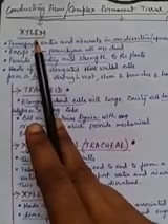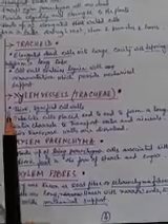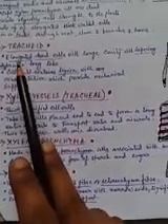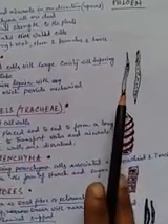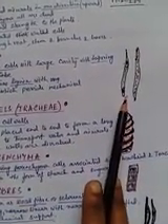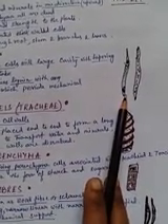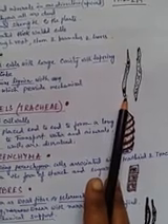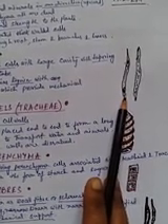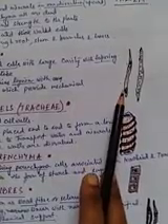I told you the characters of the xylem as well as the function of the xylem and said 4 types of xylems are there. Let me explain about those 4 types. First one is trachea. So this is the diagram of the trachea. It is made up of elongated dead cells with large cavities without any content. The cells are placed end to end forming a long tube. They have a thick lignified cell wall.